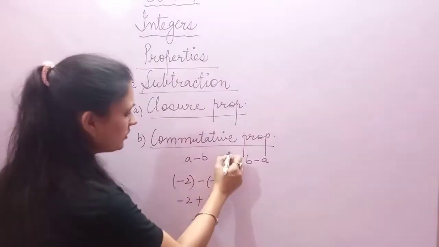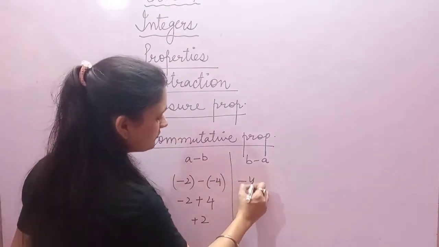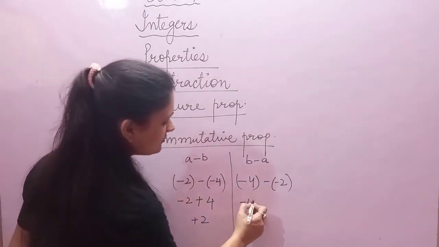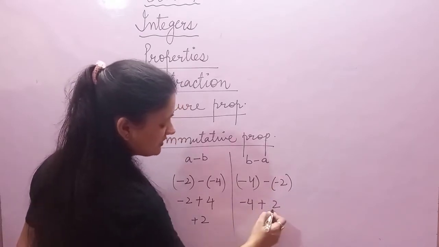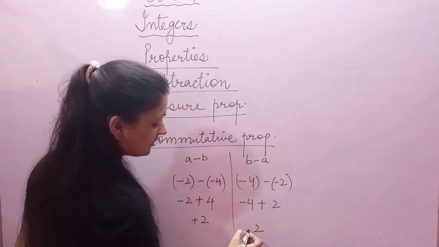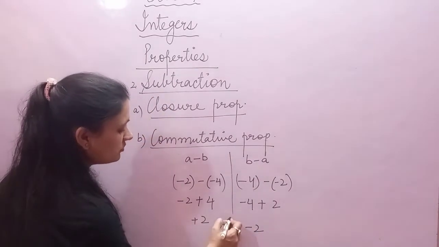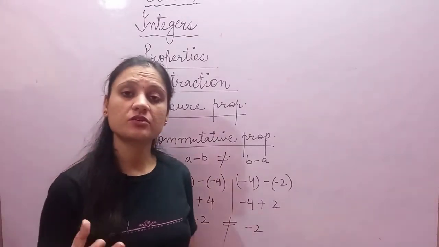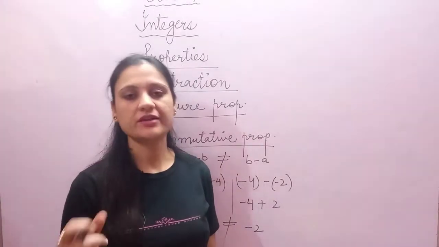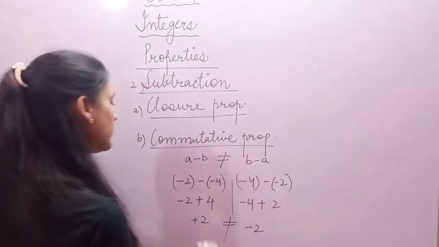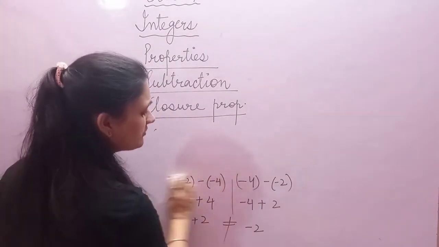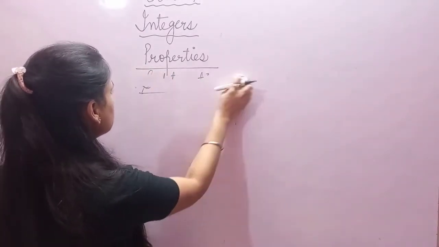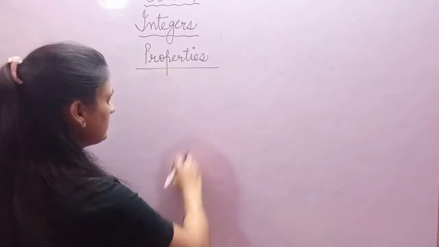Now let us change the order. Here -4 and -2. I have changed the order. -4 minus -2, minus plus, but sign of the greater number. So what does it mean? No. So what can we say? That integers are not commutative under subtraction. Okay, great. So if commutative is not there, how come associative will be there? So this is all about the properties of subtraction. Now properties of